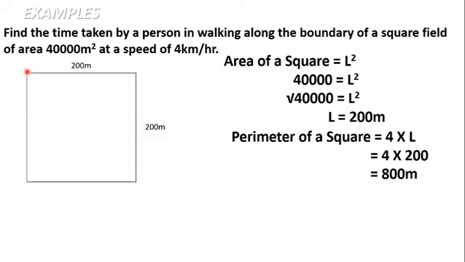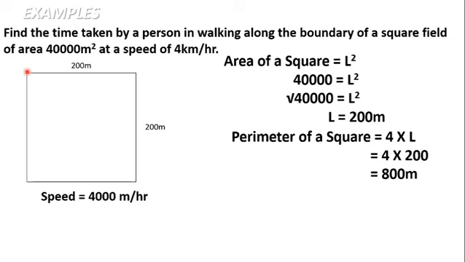Okay, but this question tells us that this person is walking at a speed of 4 kilometers per hour. Now, since our perimeter is in meters, we'll just convert our speed also to meters per hour. So the speed 4 kilometers will be 4,000 meters, as 1 kilometer is 1,000 meters. The speed is equal to 4,000 meters every single hour. So the person will walk 4,000 meters every single hour. But then he doesn't have 4,000 meters to walk. He's walking around a square